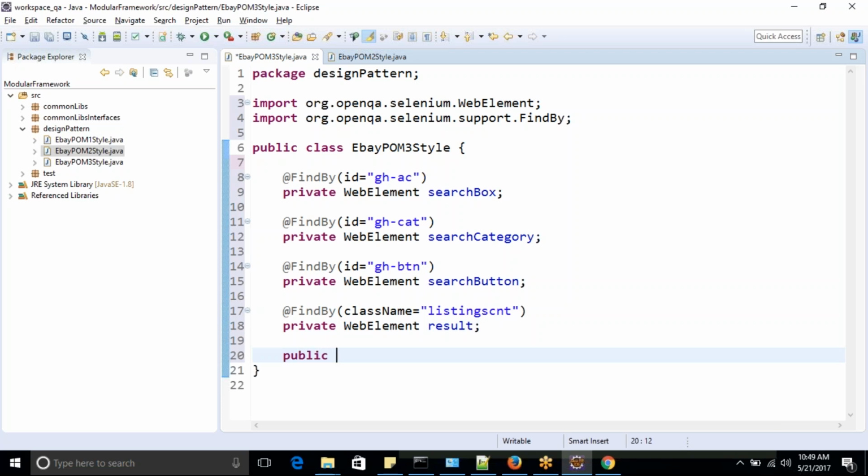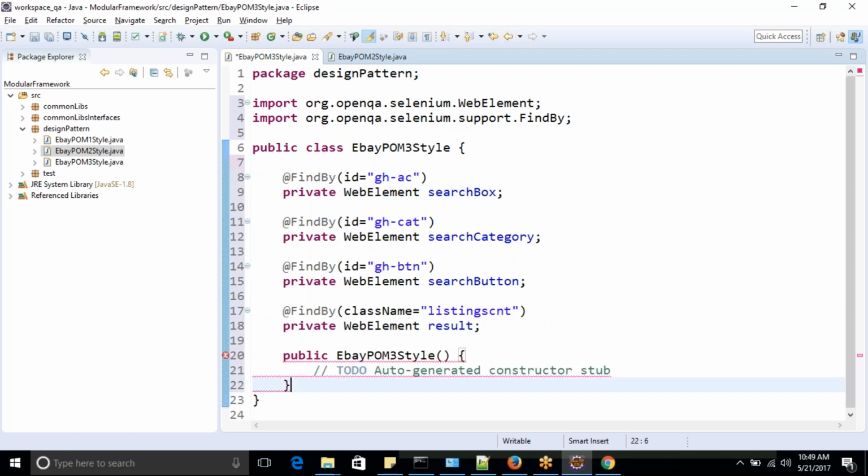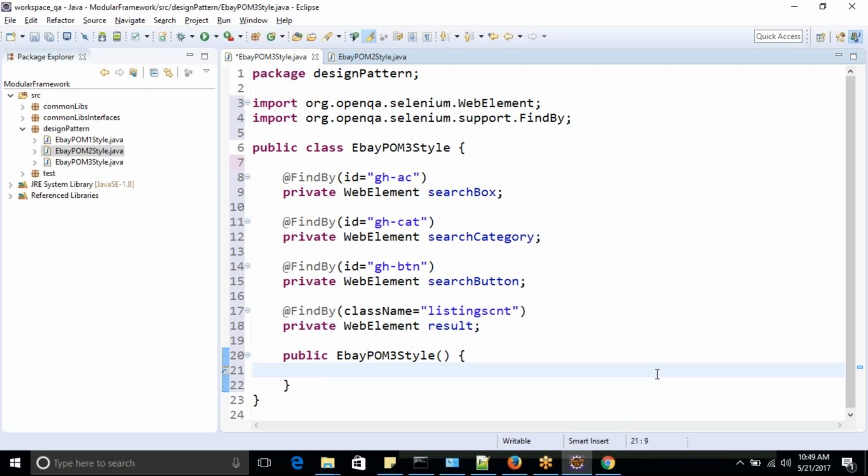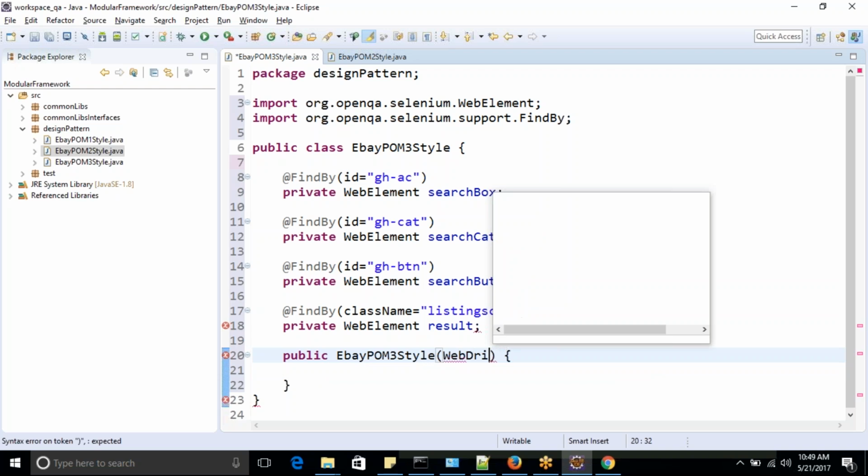Now here I'll create its constructor. So public eBay pom3 style constructor. Okay, I created its constructor. Now inside this constructor I'll keep it parameterized because we need instance of browser, right? So it will be